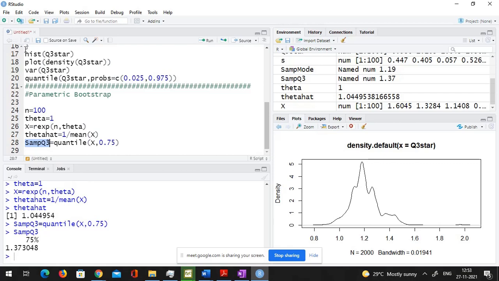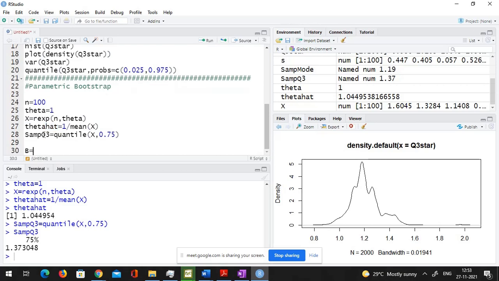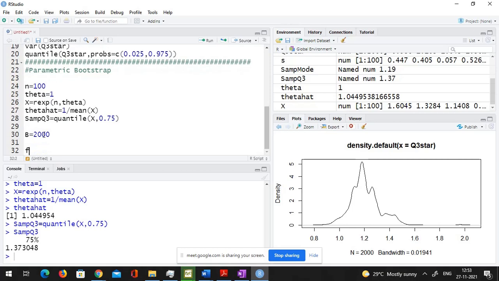This is my sample Q3. Now I want a confidence interval for this, based on parametric bootstrap. So I will use this theta hat to get multiple bootstrap samples, using the fact that it is coming from an exponential. So I have B equal to 2000 again, let's say.